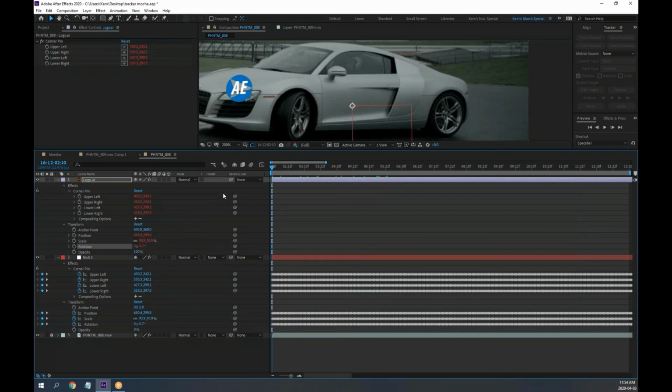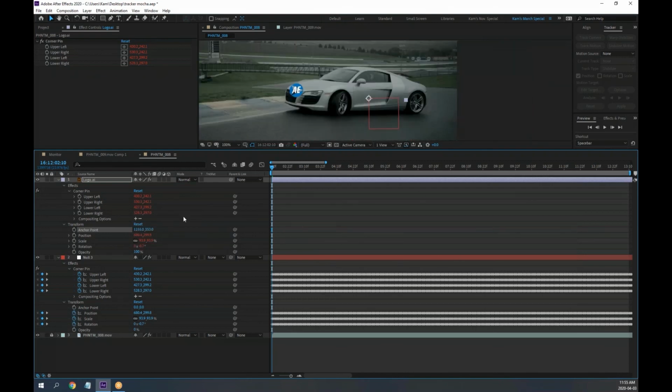Did I link them properly? Yeah, so I will move the anchor point of the logo. Why does this thing happen? Oh, this must be a bug. I've never seen things like that. This is strange. Very, very strange. It looks all right, but when I'm moving an anchor point,